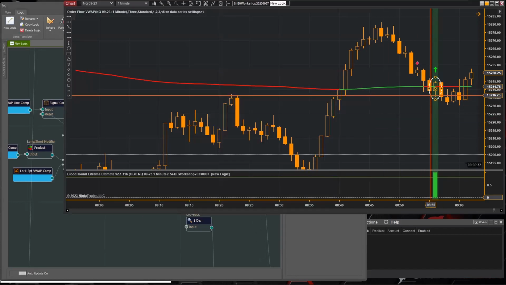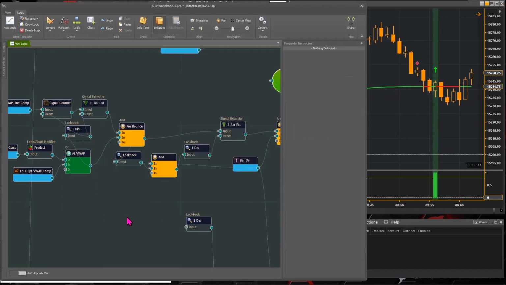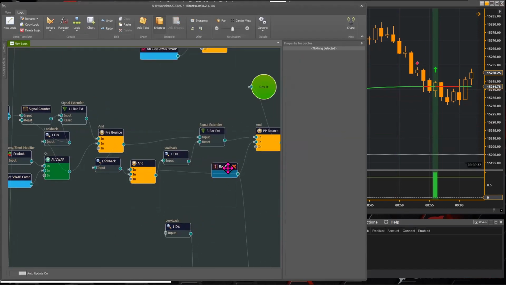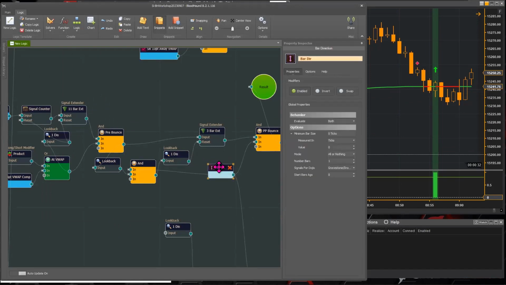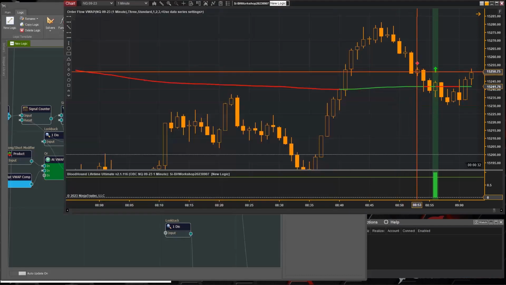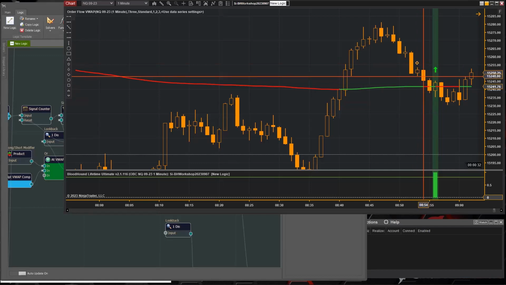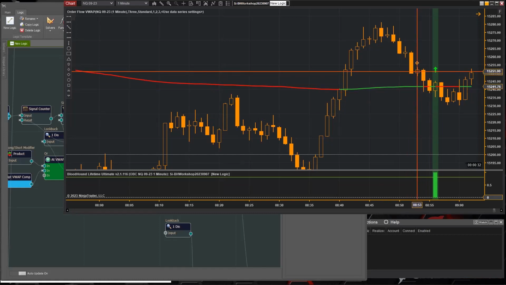That's working now. All right, so what I did, originally, we just had a bar direction, and we were delaying it and resetting the signal extender. That's a very common technique for turning off the signal extender. But sometimes, like right here, we had an up bar prior to our setup bar, basically our pre-bounce bar, and this prior up bar was disabling or resetting